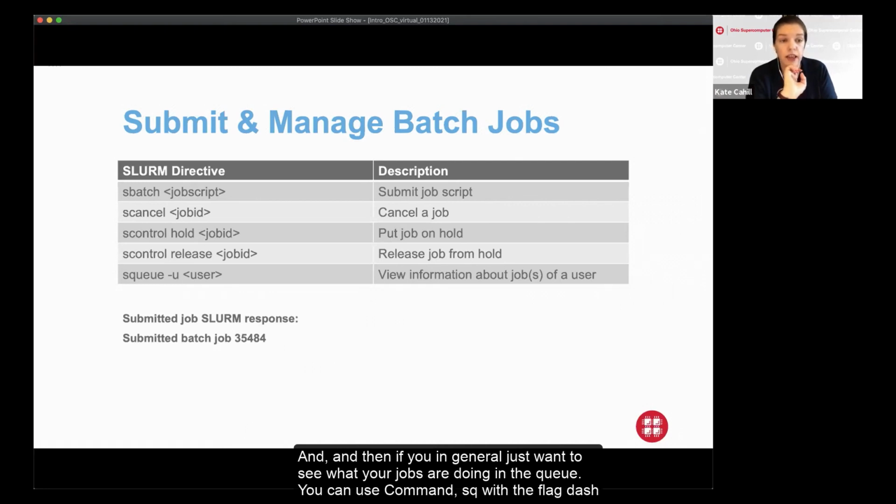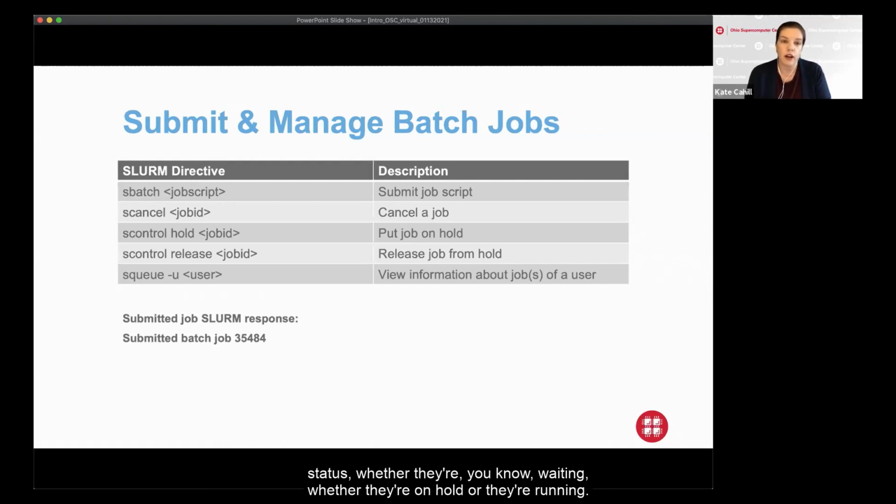And then if you, in general, just want to see what your jobs are doing in the queue, you can use the command sq with the flag -u and then your username. And that'll give you information about all your jobs that are in the queue. And you can see their status, whether they're waiting, whether they're on hold or they're running.